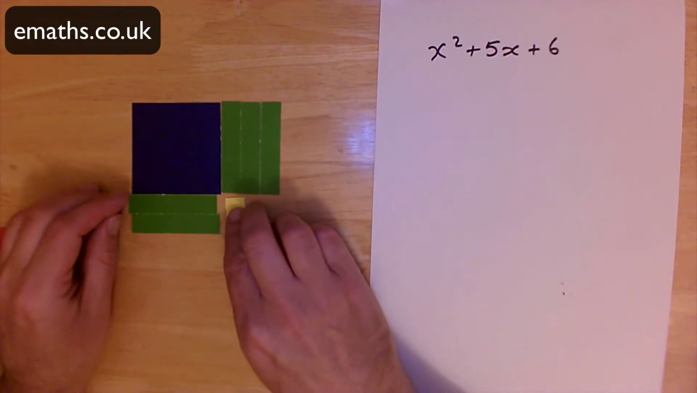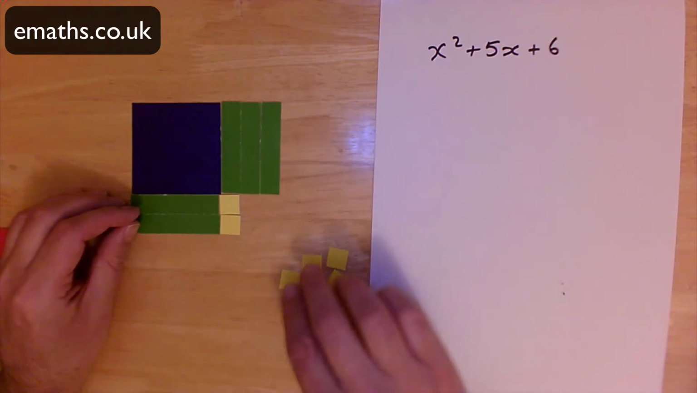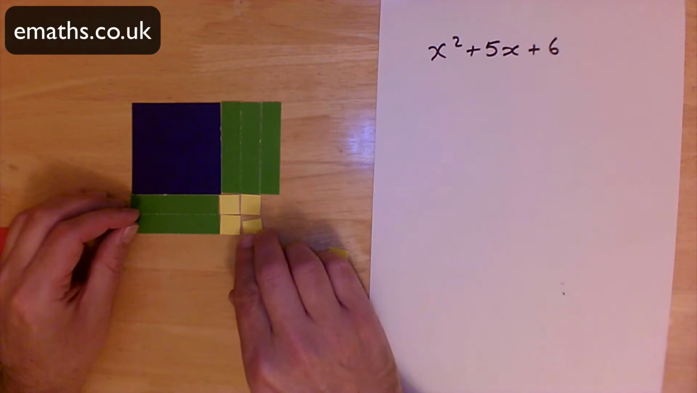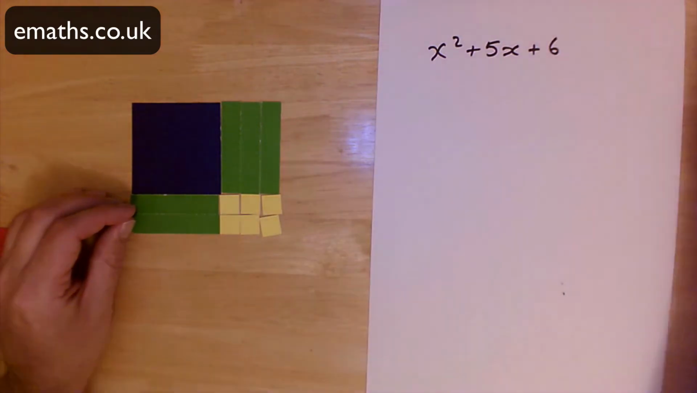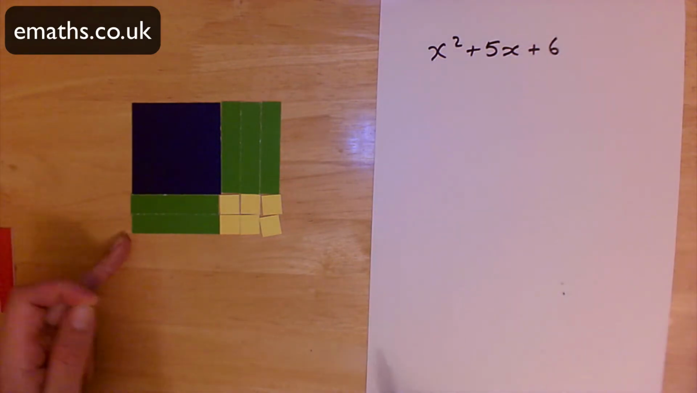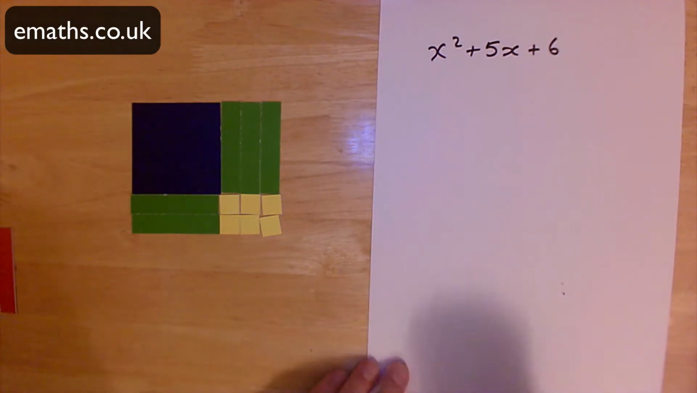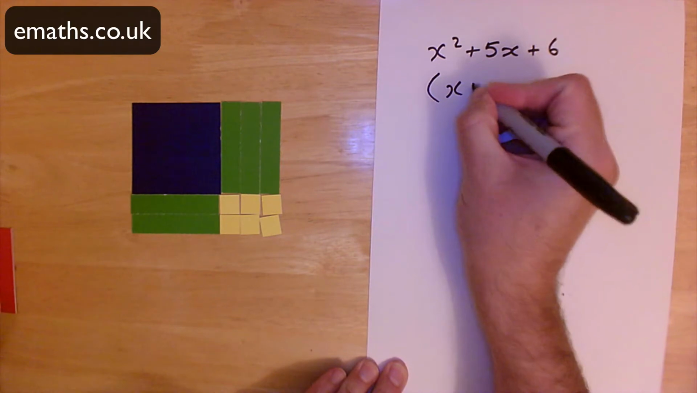it does factorize. We would do examples that don't factorize as well. So here we have a factorized form of x squared plus 5x plus 6. And we can see that one of the lengths is x plus 2 and the other length is x plus 3. So we have x plus 2,